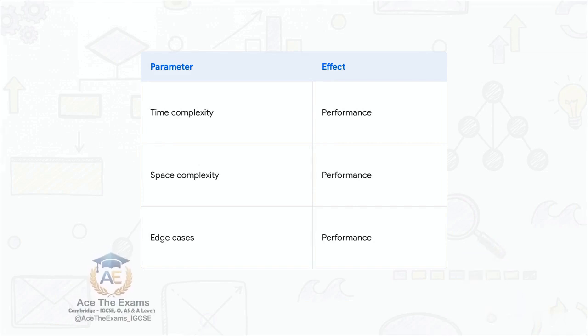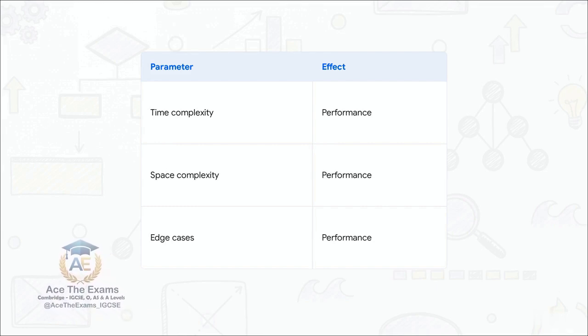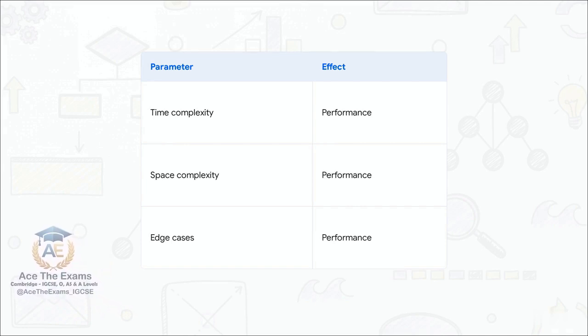Now for challenge 2, find the flaw. Imagine a student writes this paragraph in their exam. This algorithm is good because it runs fast. What exactly is wrong with that sentence? The flaw is that it completely lacks evidence and explanation. It's a generic claim. Using our Peel framework, you must elevate that to say, this algorithm is highly efficient in